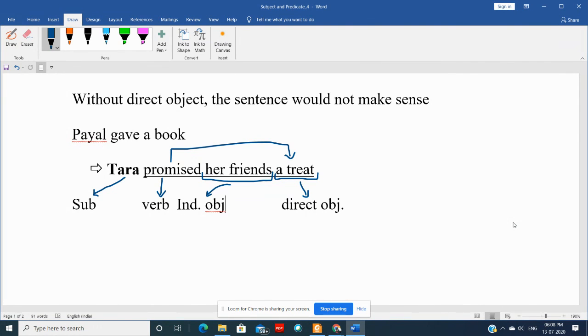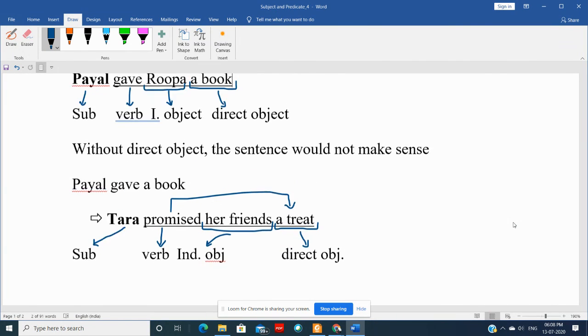Again, if you write Tara promised her friends, just write that much. Tara promised her friends, but what? Not sure. Means the sentence is not making sense. तो her friends आपका direct object तो बन ही नहीं सकता. Tara promised a treat. Yes, it's making sense. तो a treat आपका direct object बन गया, right? तो इस तरह से होता है